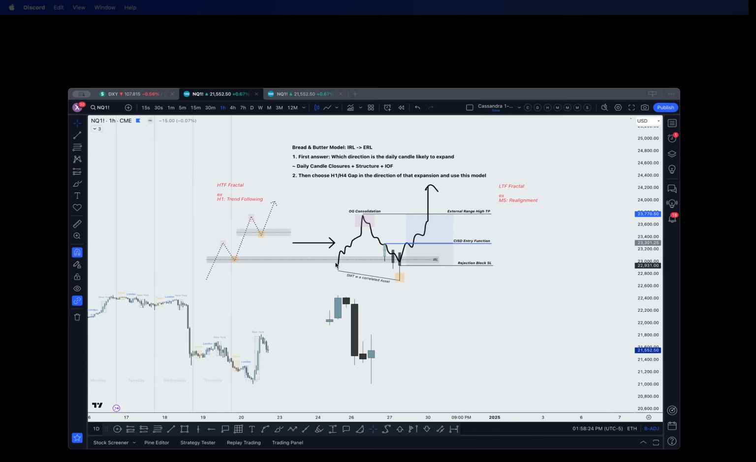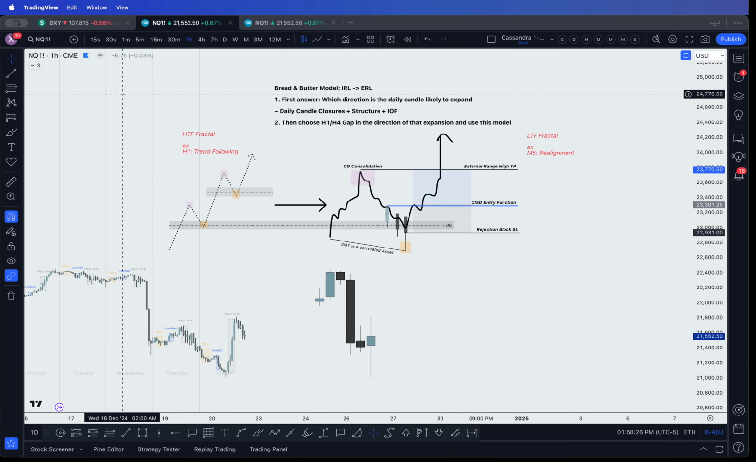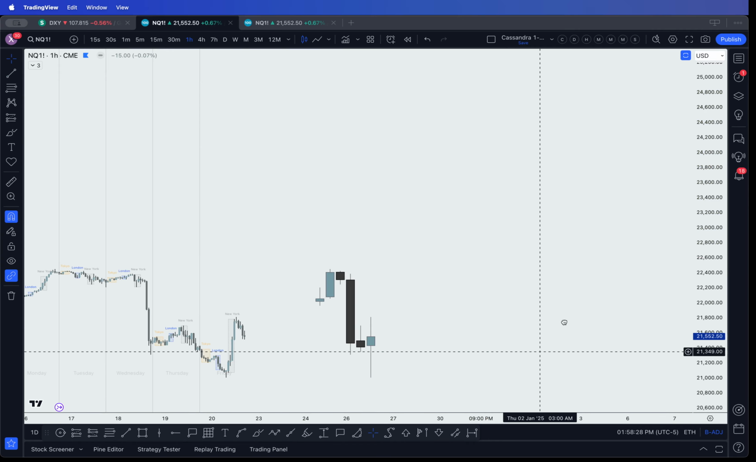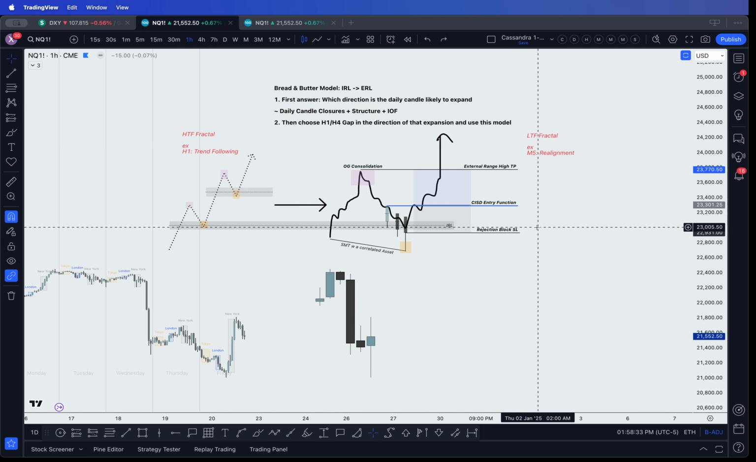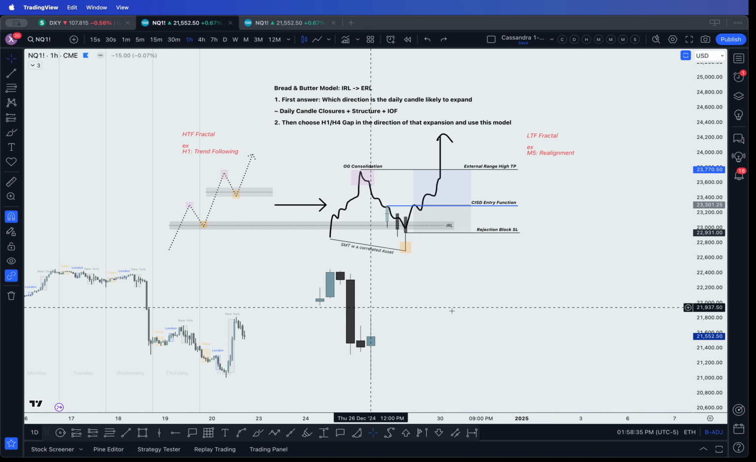I'm going to send you this schematic, and we're going to move on to identifying how we actually trade this. So, generally speaking, like the schematic says, the first thing we need to ask ourselves in this case,